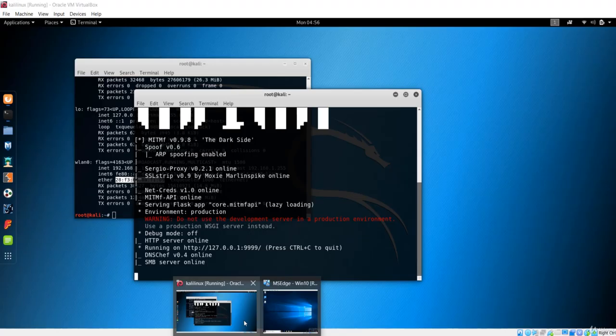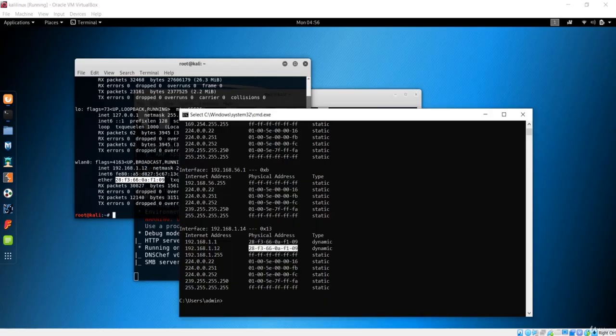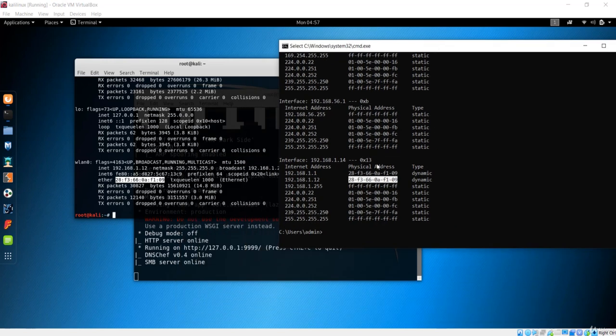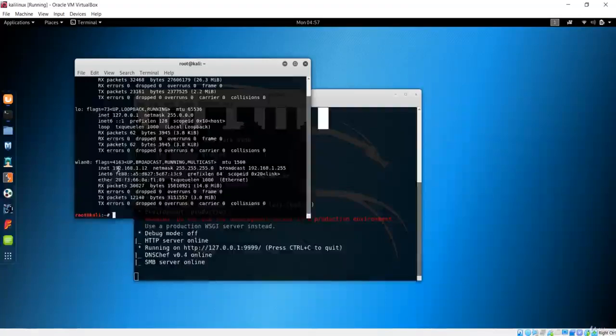So let's go over here and let me just open the command prompt. Then you could compare, this is the MAC address which is right here. So we have successfully changed the MAC address of this Windows machine to the MAC address of this Kali machine. That means anything that is passed, or packet, basically we have already told in the previous lecture that a packet is sent from the source MAC address to the destination MAC address.